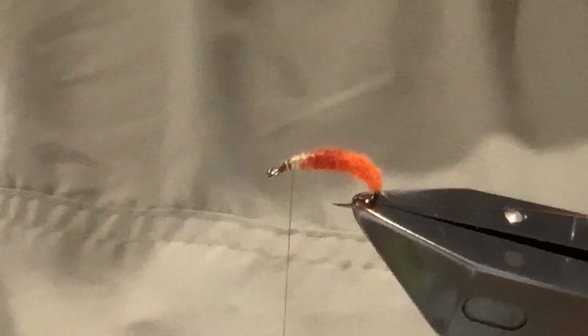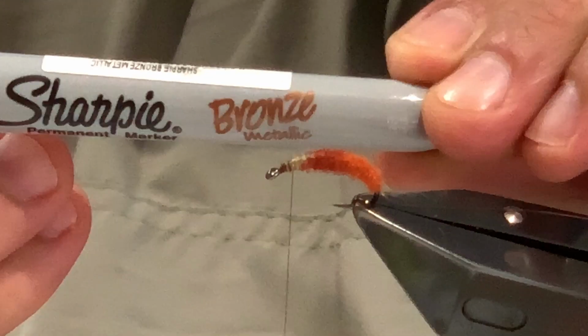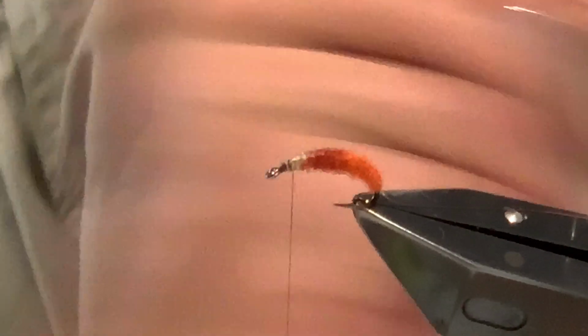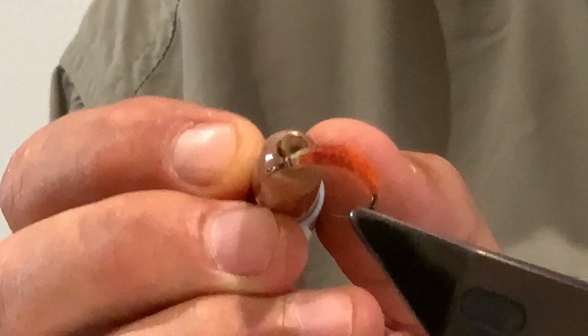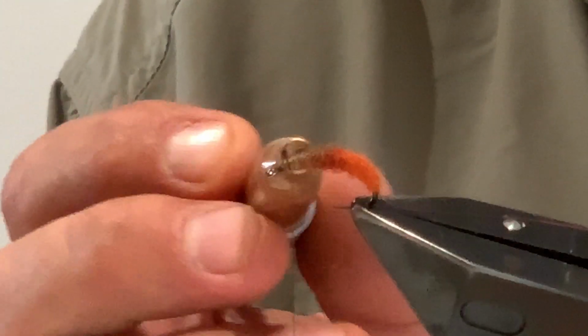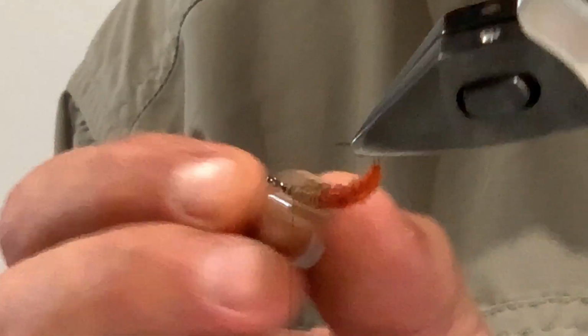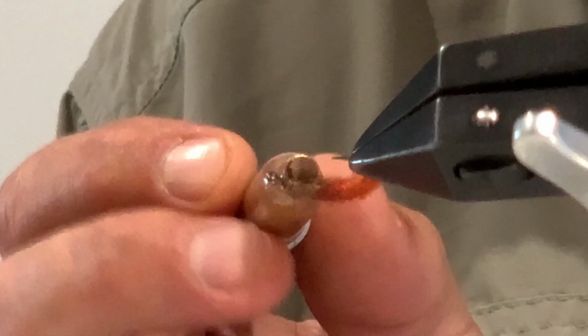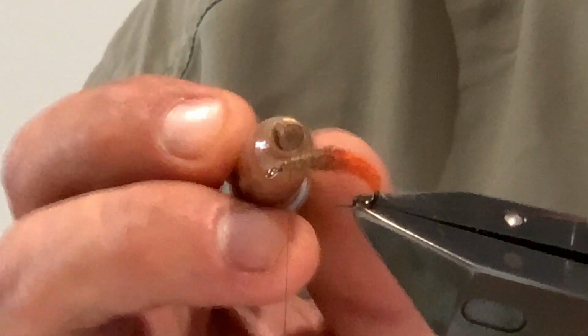So once I've done that, the next one is the bronze metallic. Get the label, bronze metallic Sharpie, and I'm going to come in and start from the head and just bring that back just to create a darker transition of colour from that orange towards the head itself. You don't need a whole lot of this one, just a little bit of a transition,